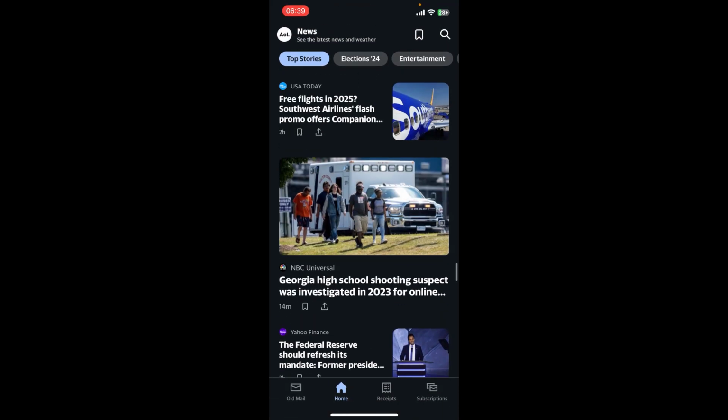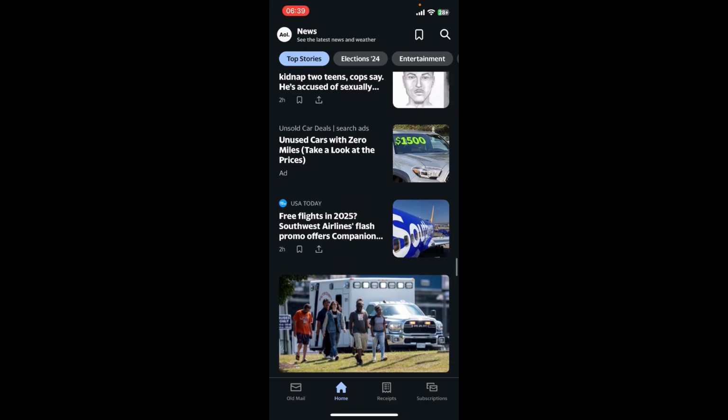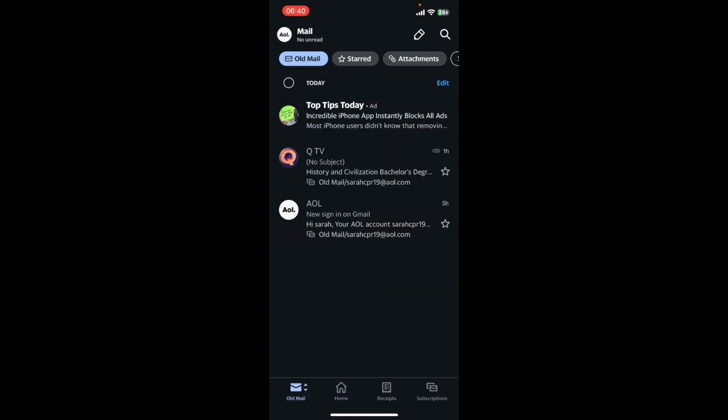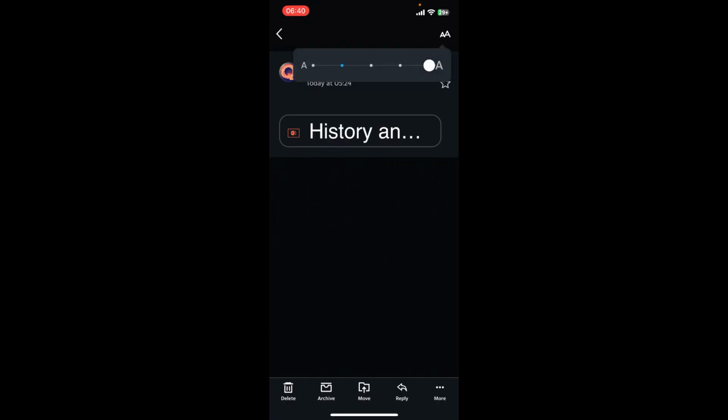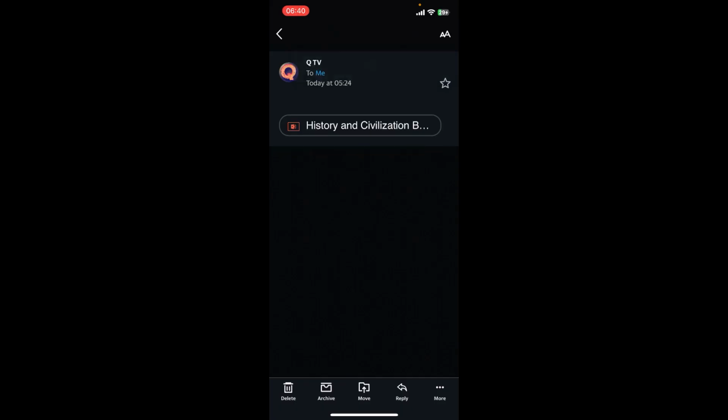Now on the screen at the bottom, you're gonna find options like Mail, Home, Receipts and subscriptions. You're gonna have to tap on Mail, then look for the mail that has an attachment in it. Open the mail. Now to open an attachment, all you have to do is go ahead and tap on that